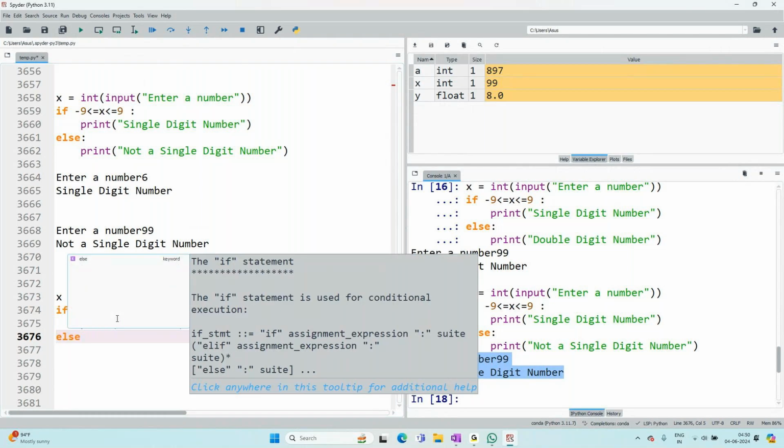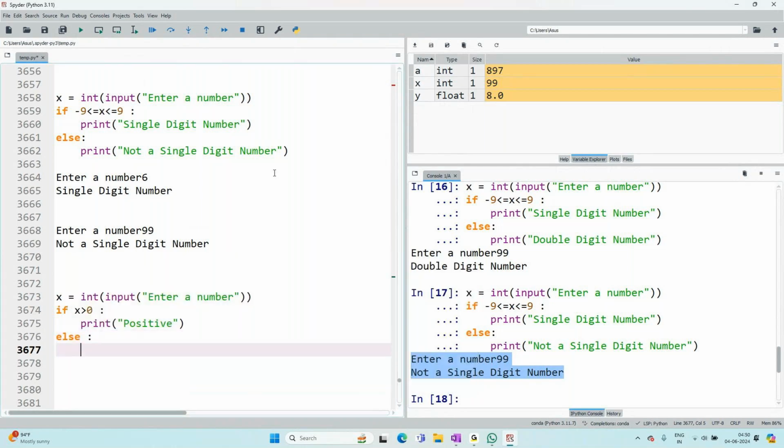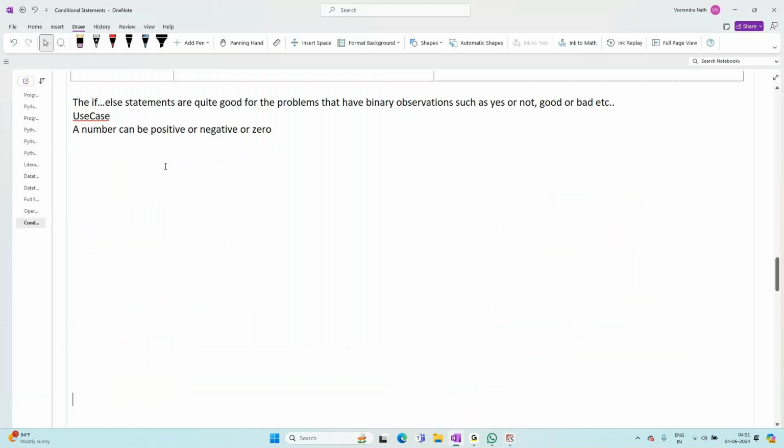Else, if I'm writing, I can write only negative. I cannot write zero. That is why I will choose, but with if else,